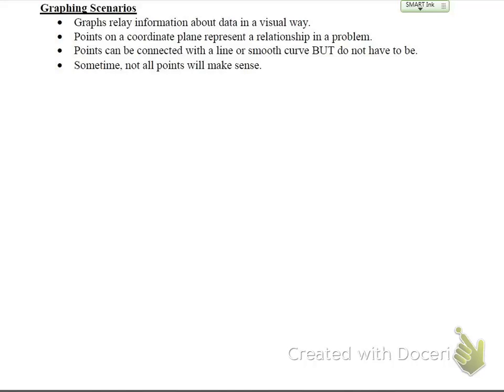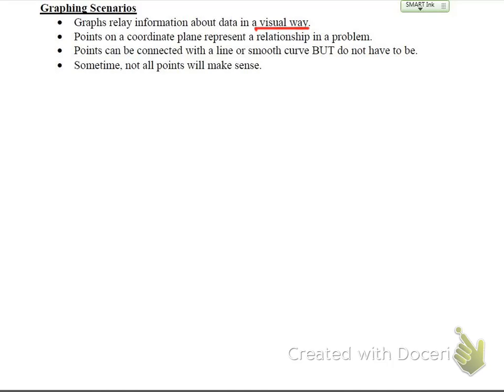All right, guys, so we are continuing our notes from Friday on independent and dependent quantities. Now we're actually going to be looking at graphs of these things. So a couple notes to make about graphs. When you are graphing a scenario, the graphs relay information about data in a more visual way. So we can talk about it and describe it, but graphs give you kind of a visual picture of what's